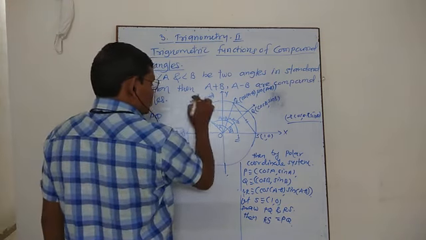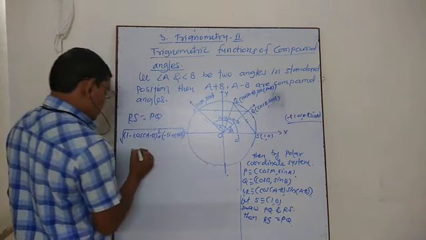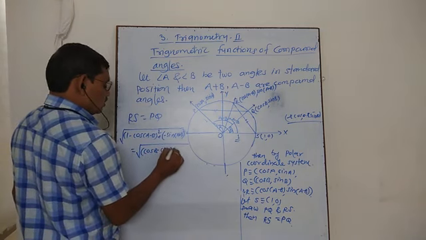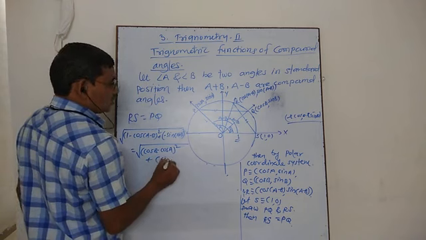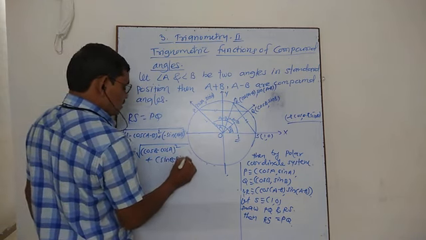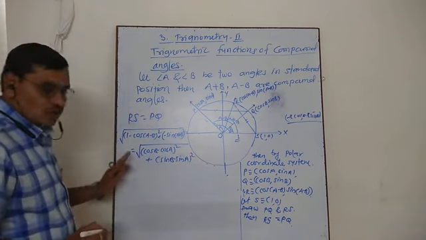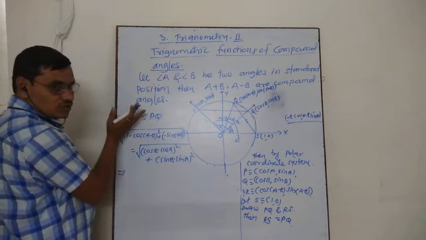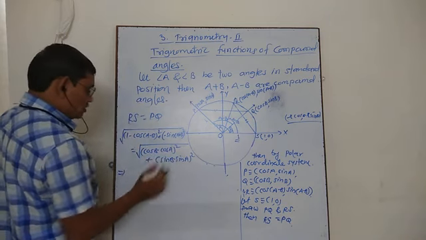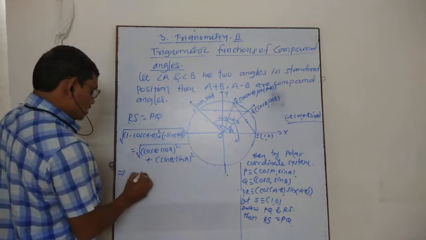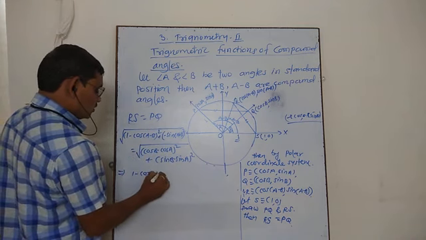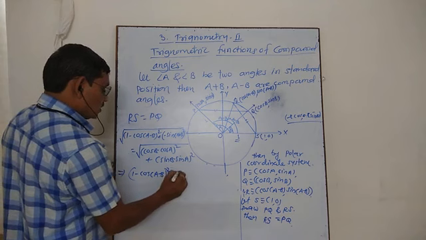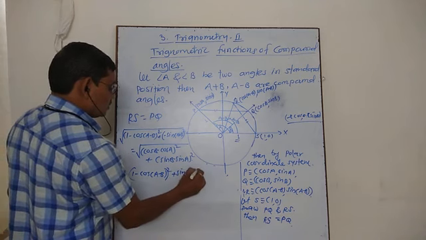PQ is cos B minus cos A, or cos A minus cos B, but it's same. So we write square root of cos B minus cos A square plus sin B minus sin A square. Okay. So this will imply, if we reduce the square roots, दोन्ही बाजूचं स्क्वेअर रूट जर आपण काढलं तर this is 1 minus cos A minus B square plus sin A minus B square.